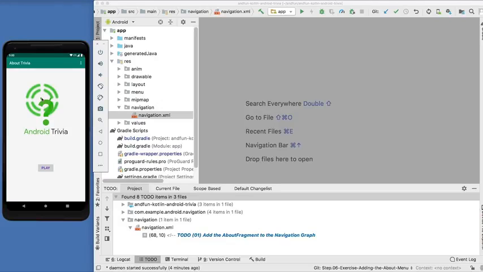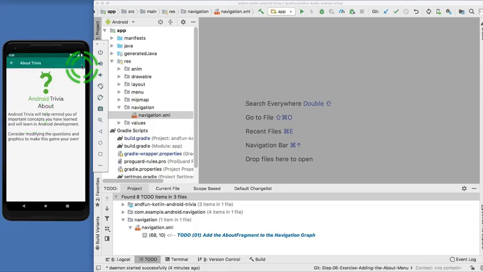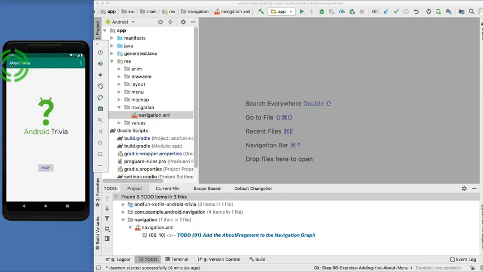Alright, now that we've built such a cool trivia app, we need to tell users about it. So we're going to add a menu that contains an About item that will navigate us to an About destination. Yes, Android has menus. The most common menu you'll see is the Overflow menu, which on modern devices appears in